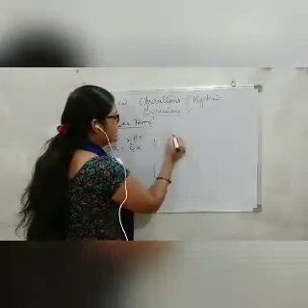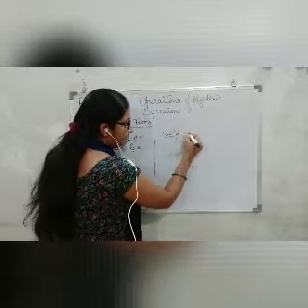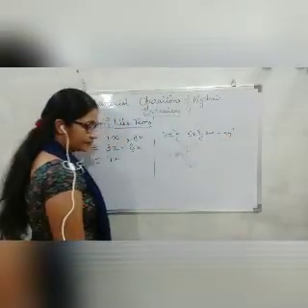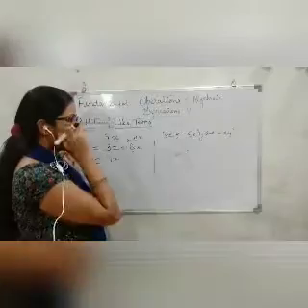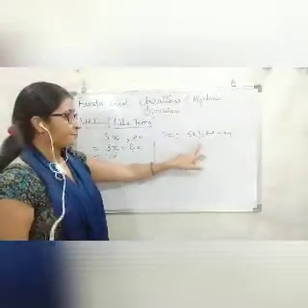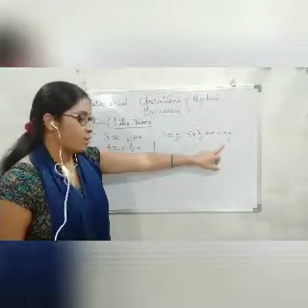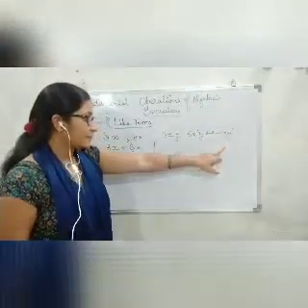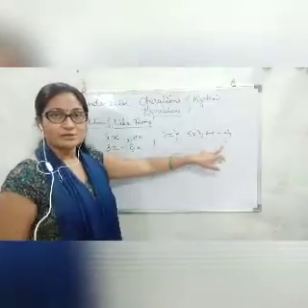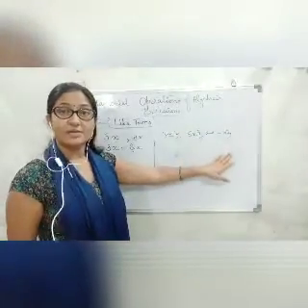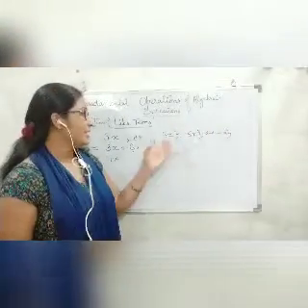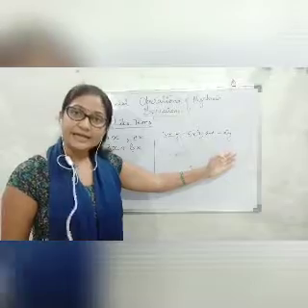Okay, let's have one more example. If I have minus 3x square y and minus 5x square y and minus x square y. Okay, so now in this case, as you can see, here the variable is x square y, here also it is x square y, and here, let me make it x square y, by mistake it is written. This is also x square y. So now all the terms are like terms, as all of them have the same variable x square y.